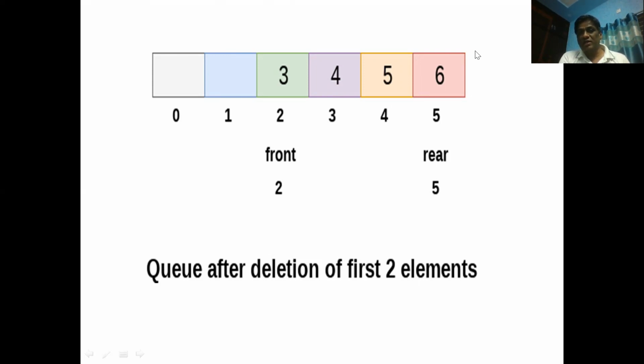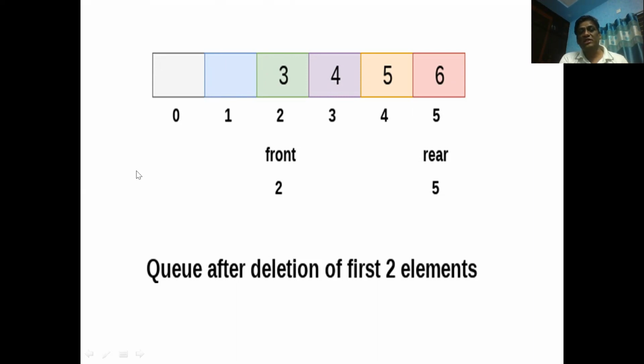So according to our linear queue condition, the queue is full, but actually it is not full. There are two locations empty on the front side. Even though two locations are empty on the front side, you cannot utilize them for insertion purposes. So that is the drawback of linear queues. We can overcome this drawback with the help of circular queues. That means we assume in circular queues that the last element is connected to the first element. That is how it can be overcome.